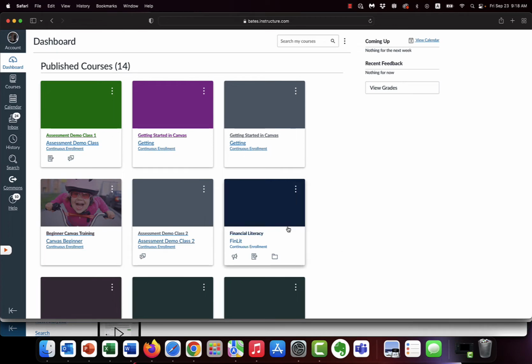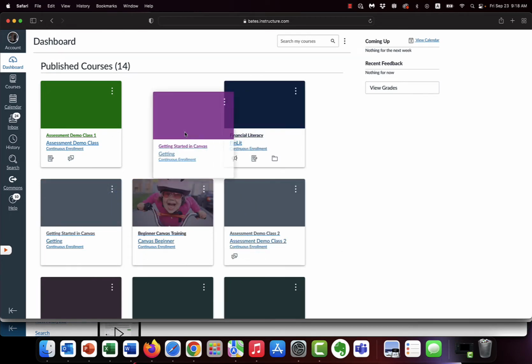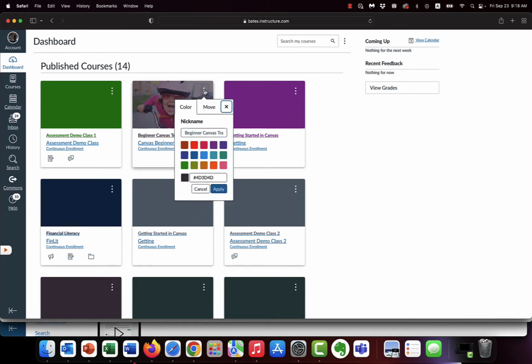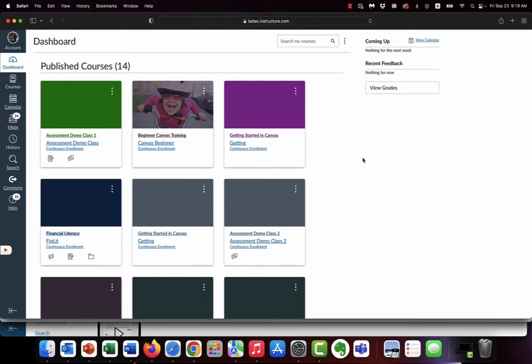So this is your dashboard. It has your courses. You can move your cards around. If you click on these three buttons here, the more button, you can rename it. If you've got a big long name, you just want it called phlebotomy or something like that, you can do that. You can change the colors, all of that stuff. But honestly, what we would recommend is switching your view here. This is called the card view. It puts all your courses here, and it's great for the first few days, just getting in and getting started.